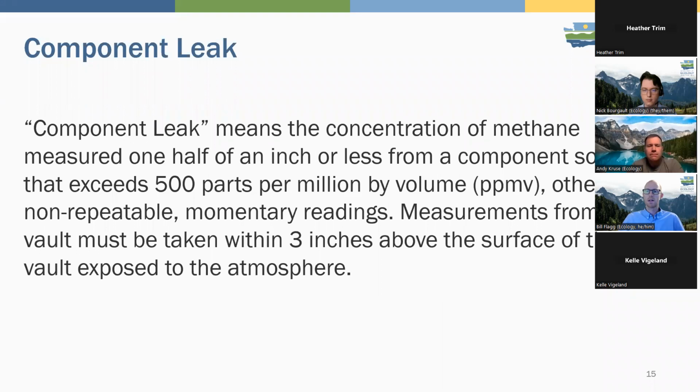Yeah, the reason I bring this up is because of the issue of using drones. We think that drones should be used, and I'm thinking drones on like the open face and things like that. And that's why I was trying to get clarity on whether this is like you're down on the ground trying to figure out where exactly the leak is, versus you're seeing a leak coming generally from an area, which a drone would pick up.